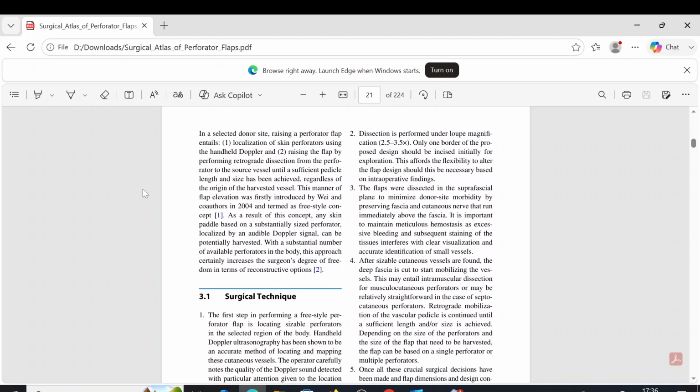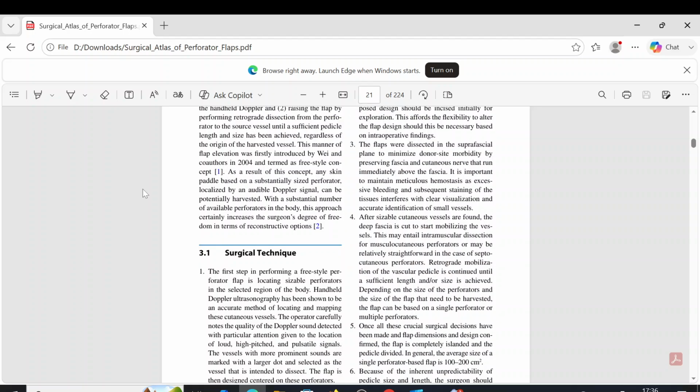The flaps are dissected in the suprafascial plane to minimize donor site morbidity by preserving fascia and cutaneous nerves that run immediately above the fascia. It is important to maintain meticulous hemostasis, as excessive bleeding and subsequent staining of the tissue interferes with clear visualization and accurate identification of small vessels.